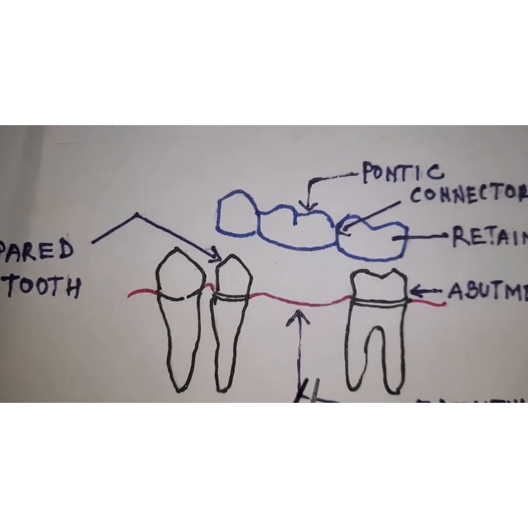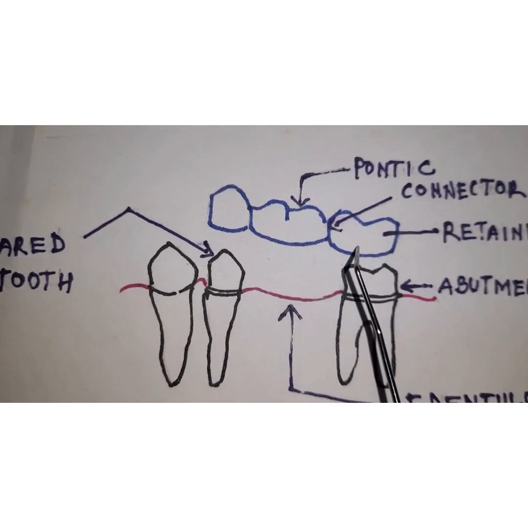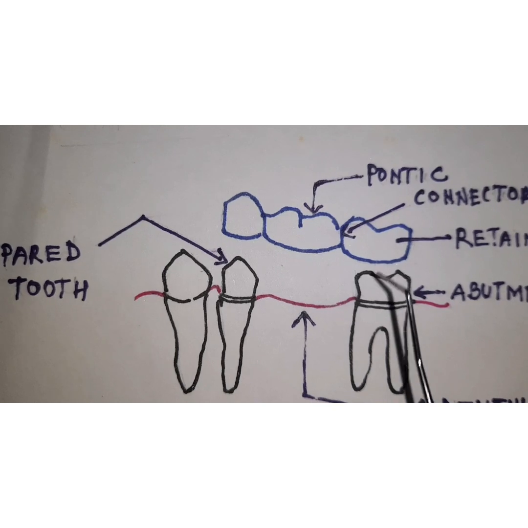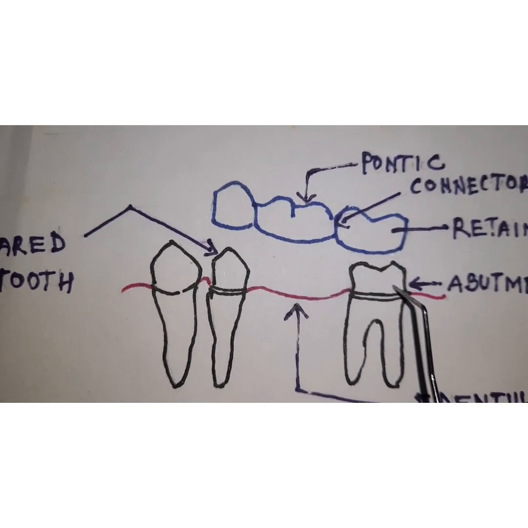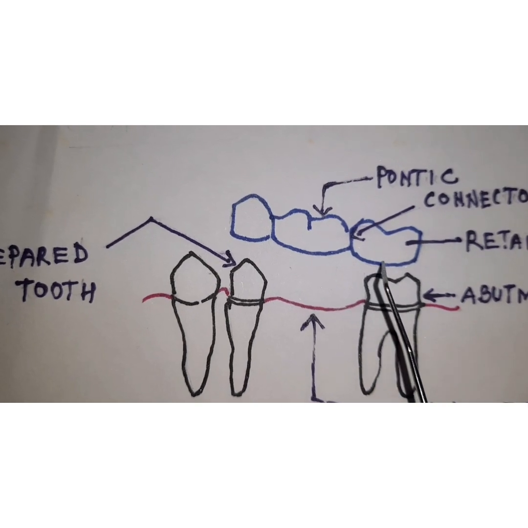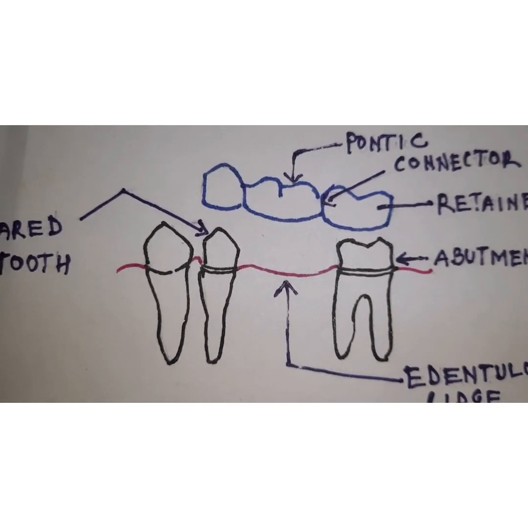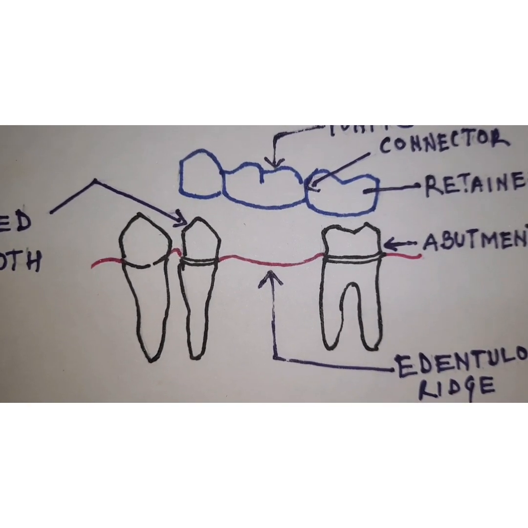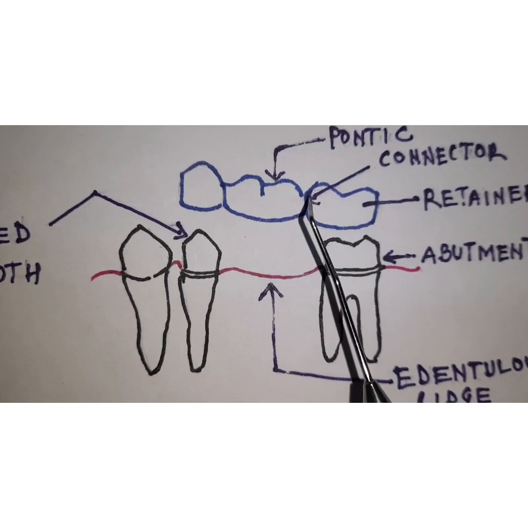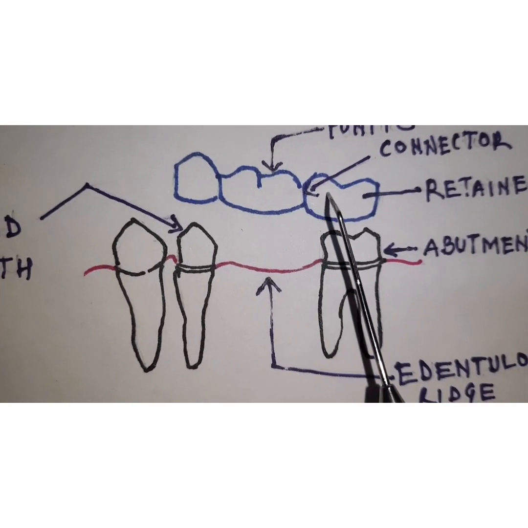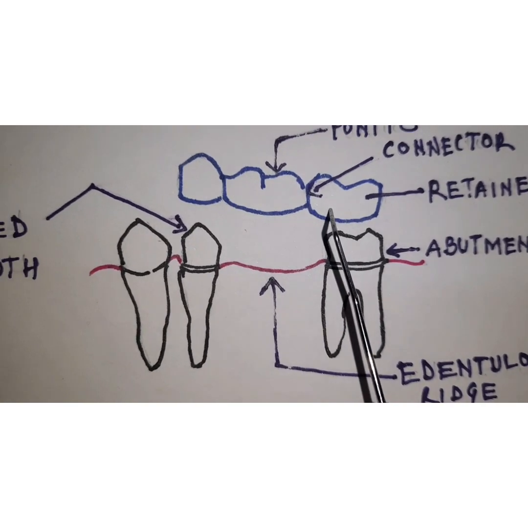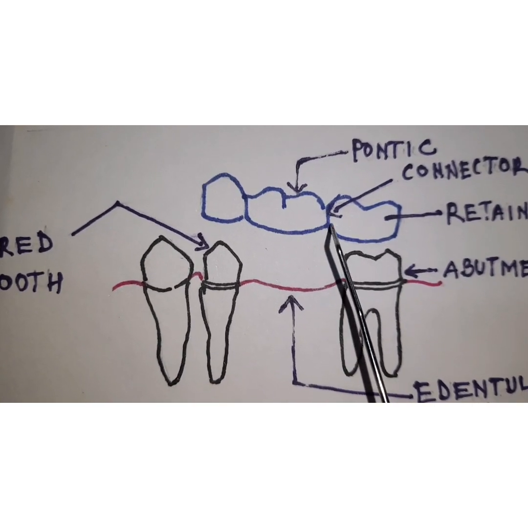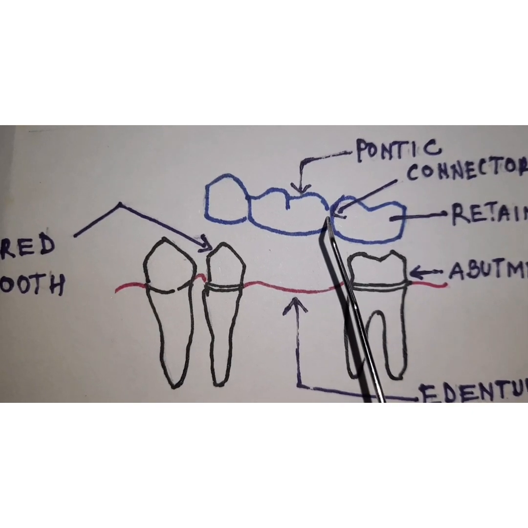as I told you, is a part of FPD which connects the pontic and it is joined with the connector and it is cemented on the prepared tooth. So this part is going to be cemented on the prepared tooth. It can be of two types. It can be extracoronal or intercoronal. It depends where it is taking support from. Then you have another part that is known as the connector. This part of the fixed partial denture is connecting the retainer and the pontic, and it can be of two types. It can be a rigid connector or it can be a non-rigid connector. Non-rigid connector means it would be a movable part which will be fixing into the fixed part.